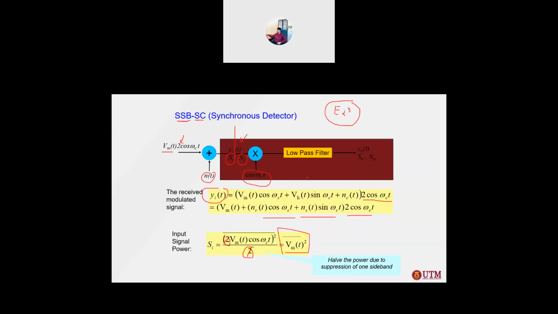Wait for a while. This one should be 2. This one I think should be 2. Wait. There is like a typo in the